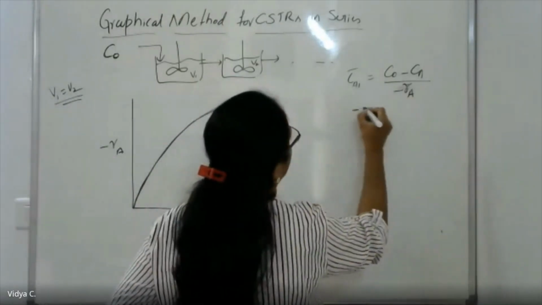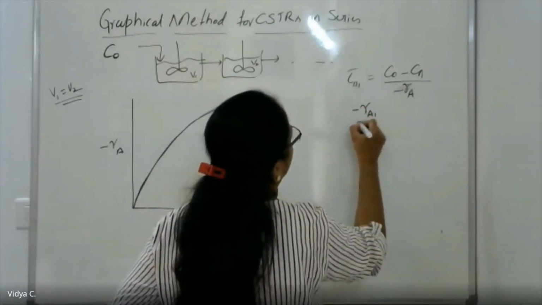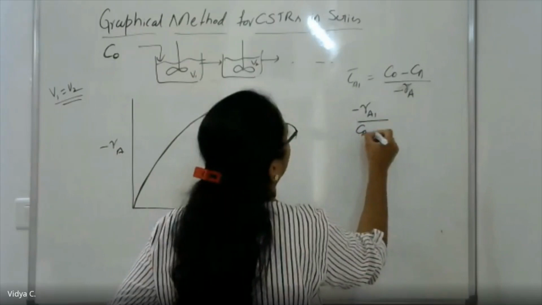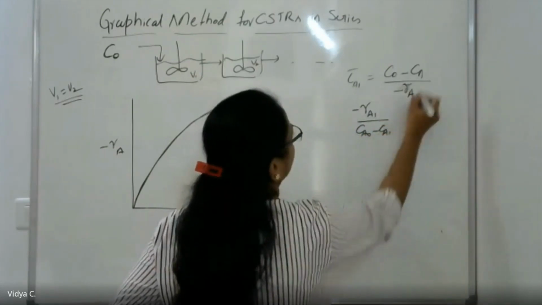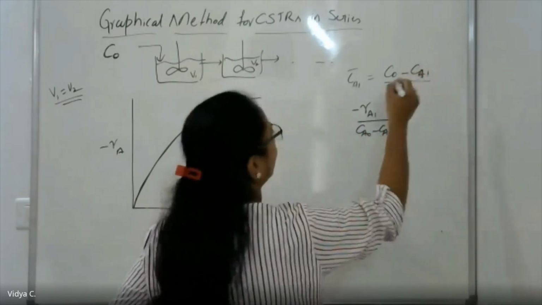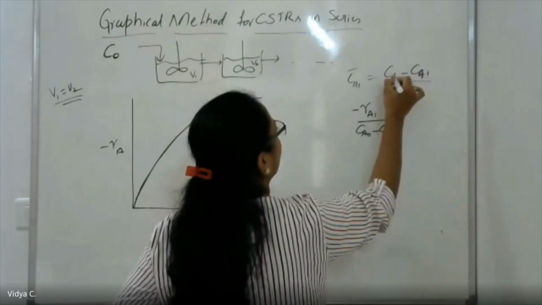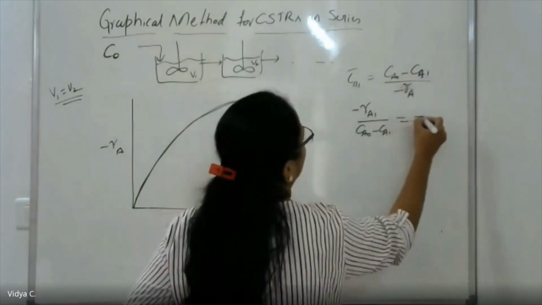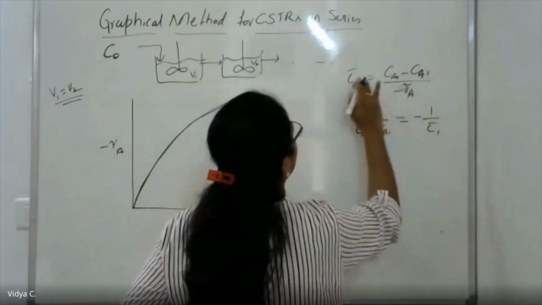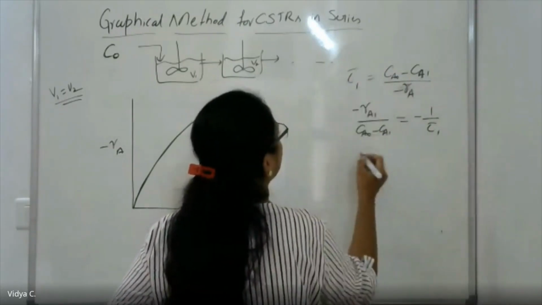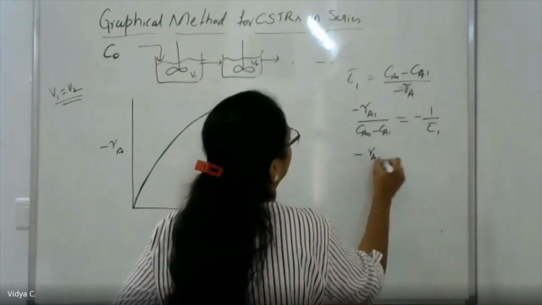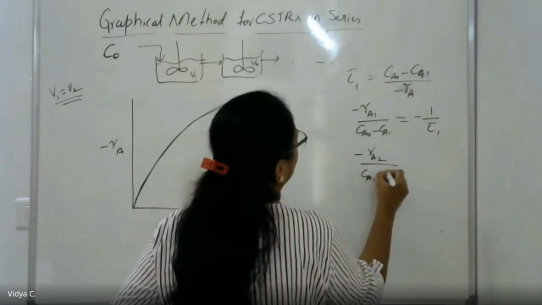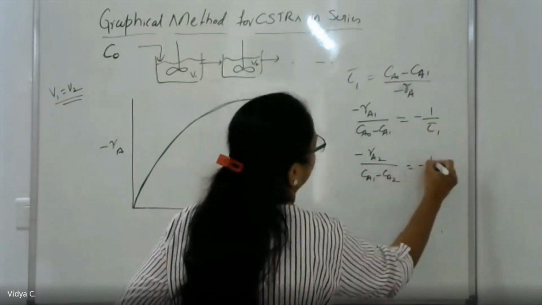Or now I can write this as minus RA1 by CA0 minus CA1, which will be equal to minus 1 by tau 1. Similarly, minus RA2 by CA1 minus CA2 will be equal to minus 1 by